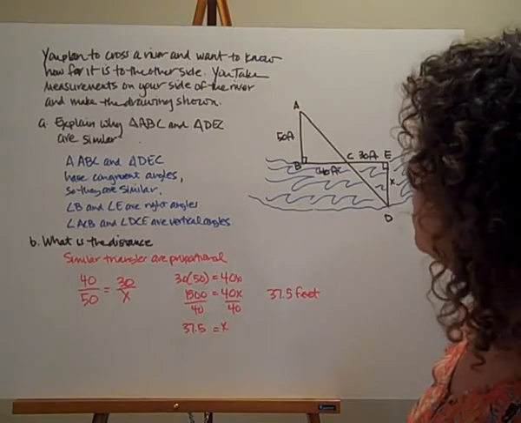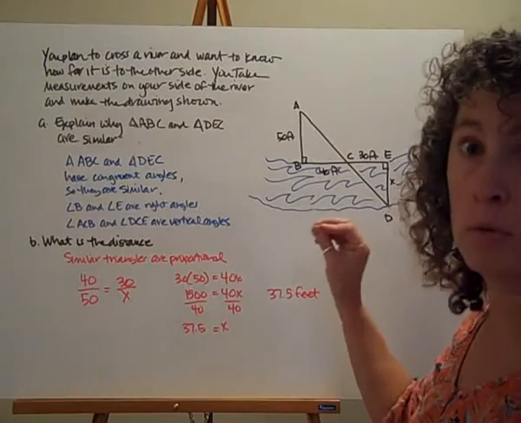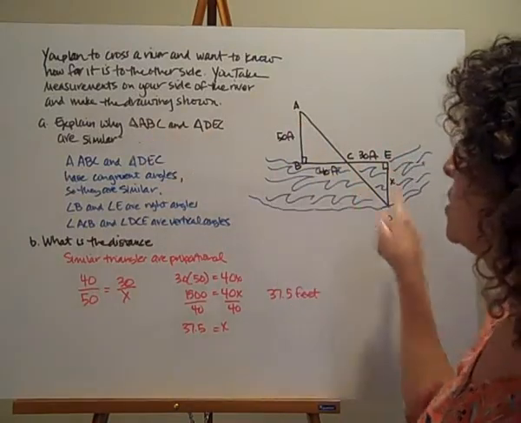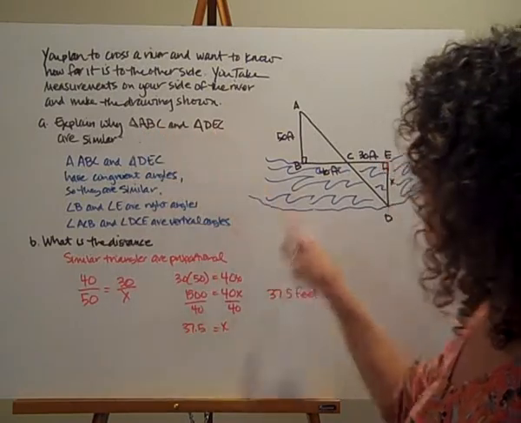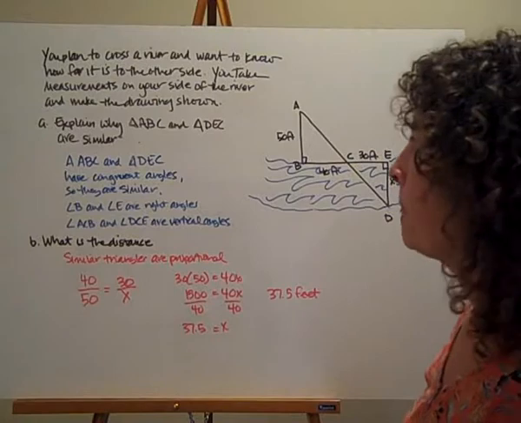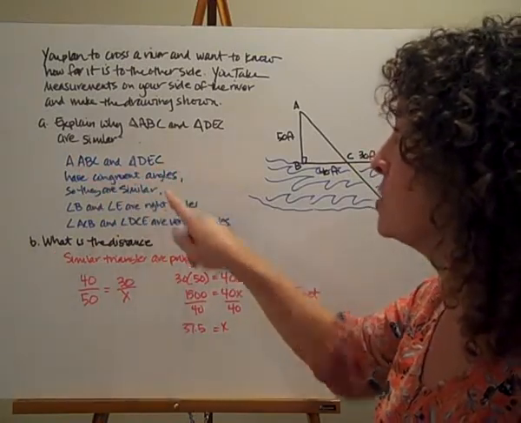So we have triangle ABC here, and we have triangle DEC here. Remember, careful with our letters, the arrangement. Angle A and angle D correspond to each other. Angle B and angle E correspond to each other, and angle C and angle C correspond to each other. That makes sense. All right, triangle ABC and triangle DEC have congruent angles, so they are similar.